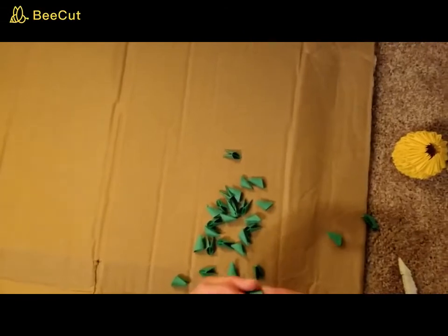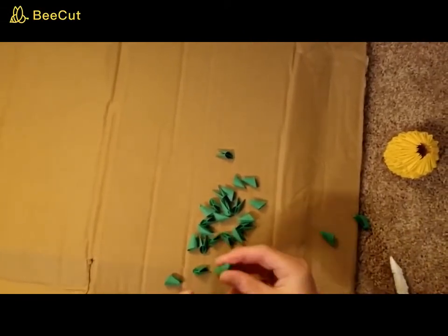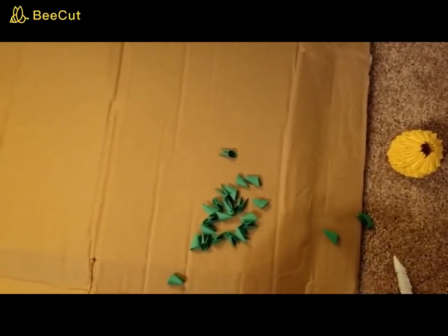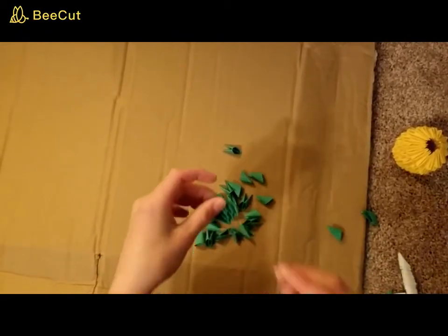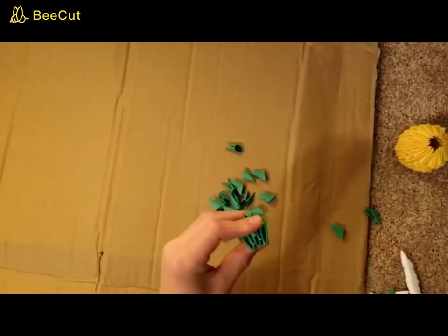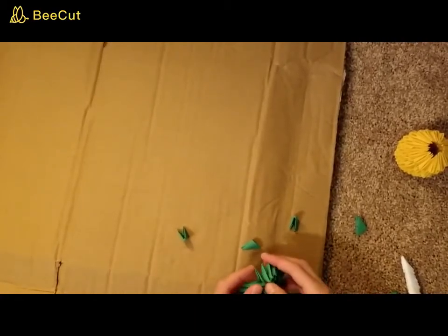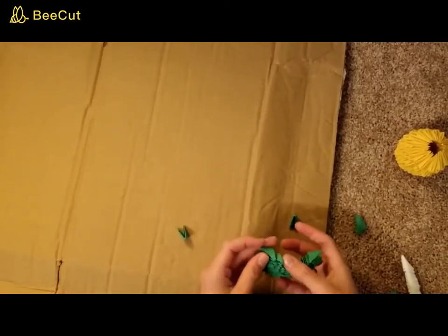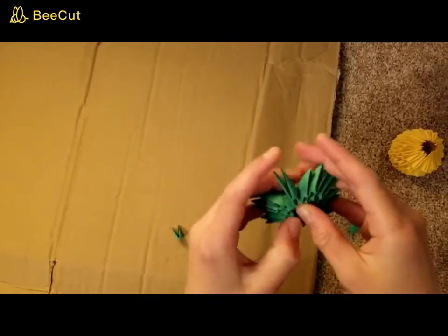So I'm just going to go ahead and start. So bottom, top, and then go around until you have 10 on the bottom, 9 on the middle row, and 8 on the top. So now, as you can see, I have finished my base, so I'm just going to go ahead and put these next to each other, put one piece on top, and just like this, I'm going to connect,